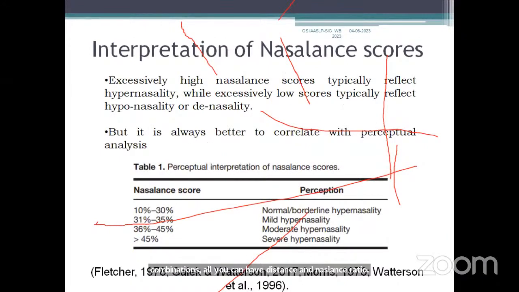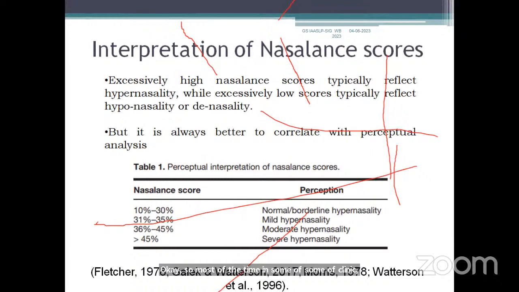After getting the nasalance scores, how do we usually interpret them? Usually, if the scores are high, it indicates hypernasality. If the scores are lower, it typically gives information on hyponasality or denasality. So most of the time in the clinic, what we see is children with normal